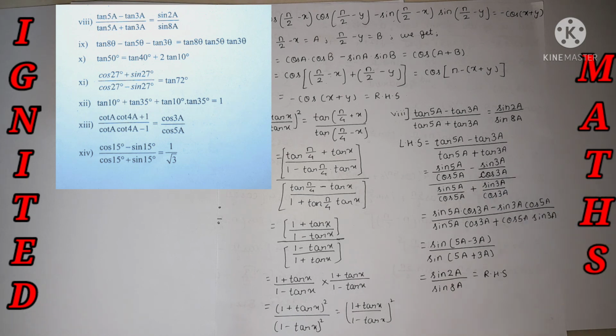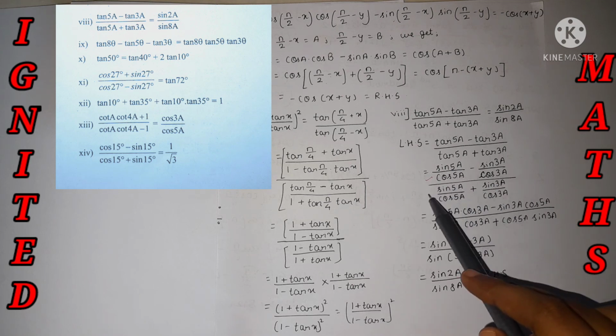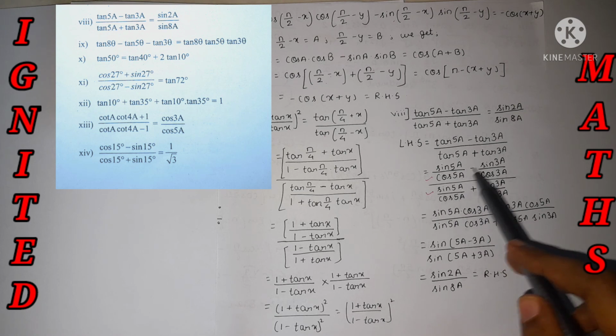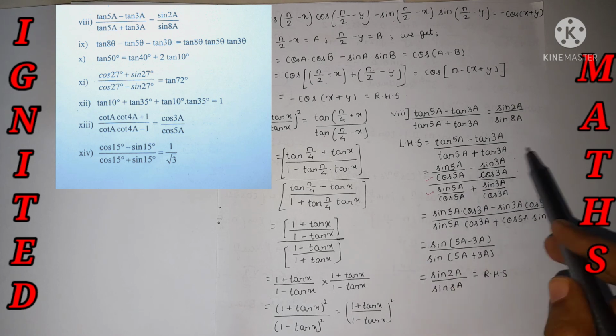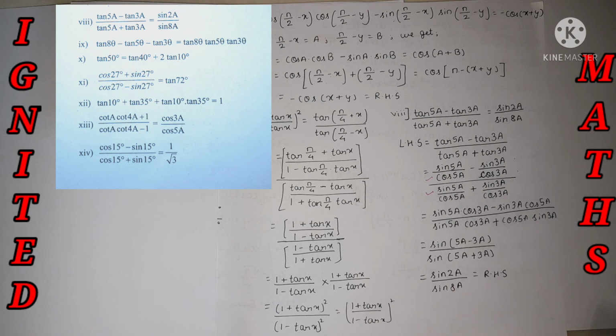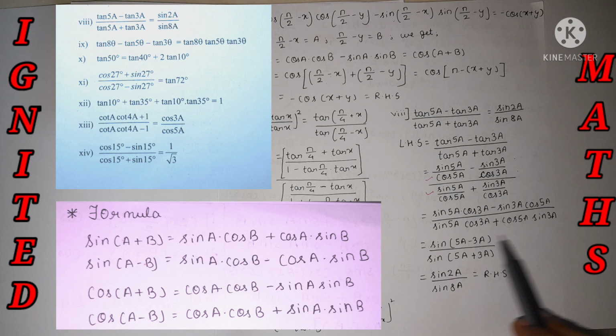I have kept it as it is, and over here I have just rationalized the denominator, and over here also. Cos 3a multiply over here, and cos 5a multiply numerator and denominator over here. Okay, same I have done over here. So while we are doing the calculation, this denominator part cancels out over here, the denominator cancels out over here also. So all the numerator part I have listed, it's nothing but my sine of (a - b) formula at the numerator, and denominator sine of (a + b) formula.